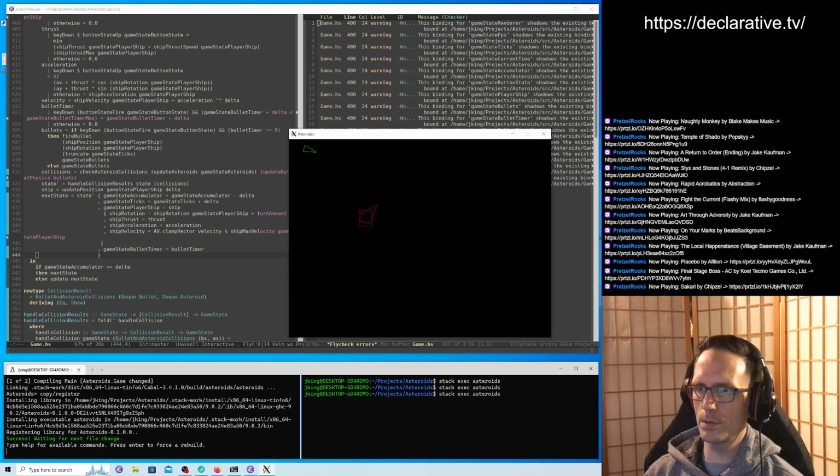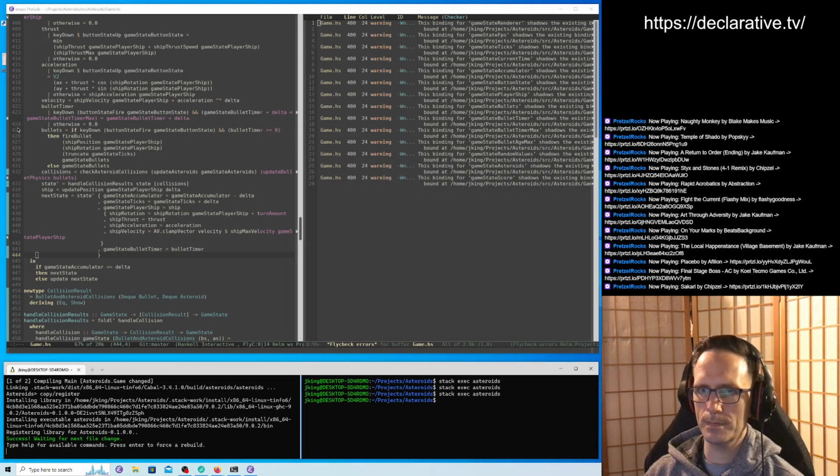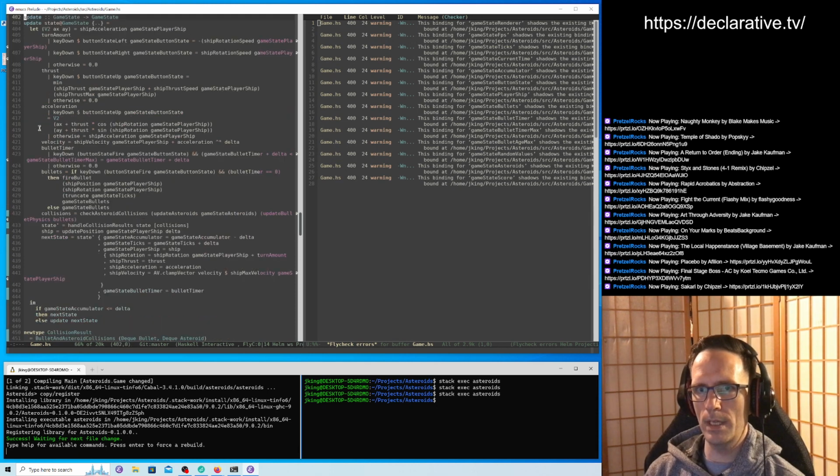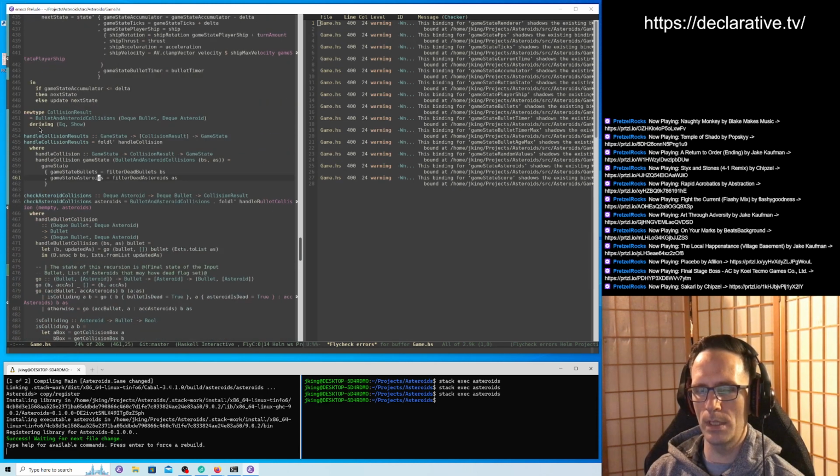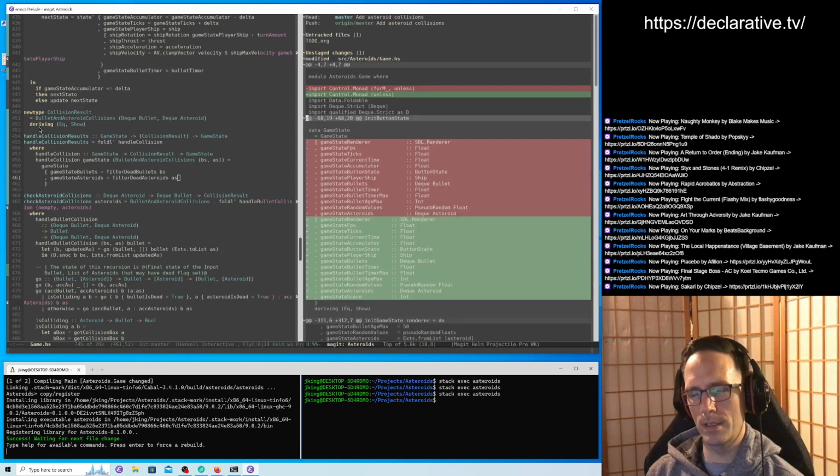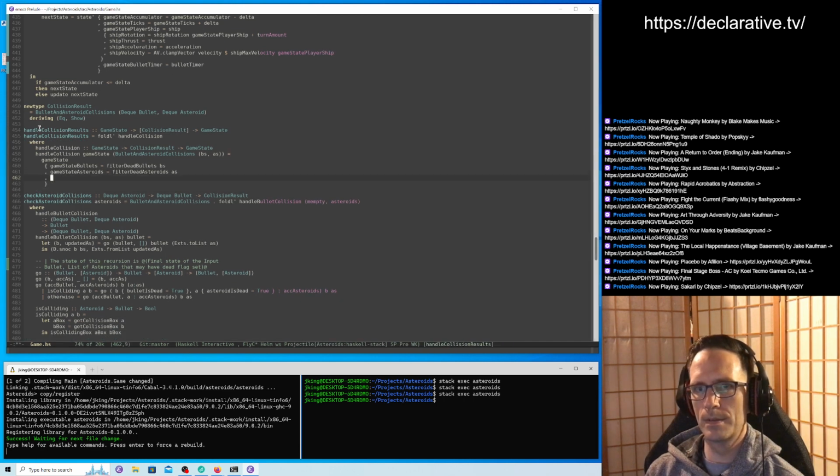All right, here we go. We should be able to shoot that. And it goes bye-bye. Okay. So we kind of isolated a bit of the state update logic into this separate function here. And now we can add the scoring update. Game state score